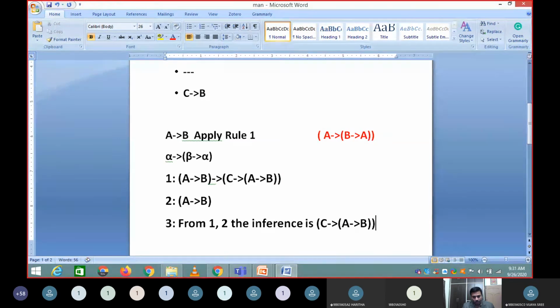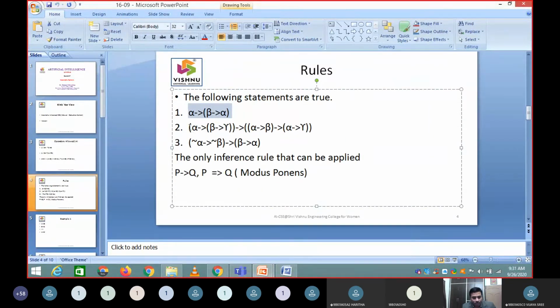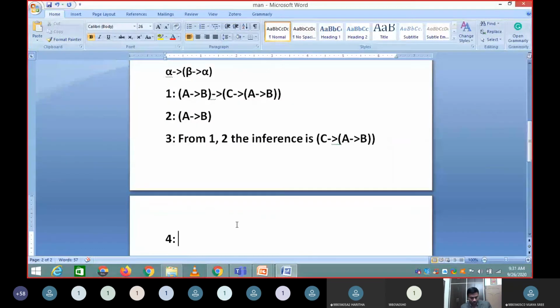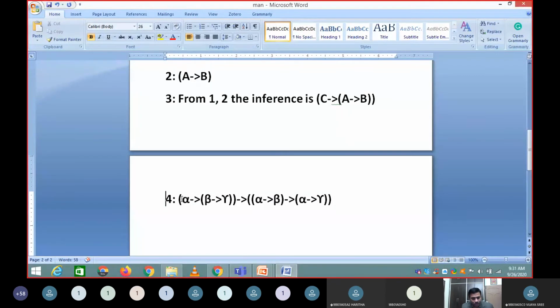So you need to have a perception of the second rule now. The second rule says, if you see this PowerPoint, there is something called alpha to beta to gamma. So the second rule says A to B to C was there.